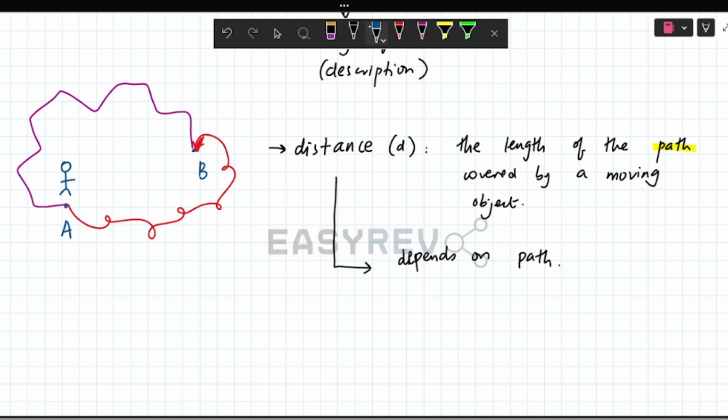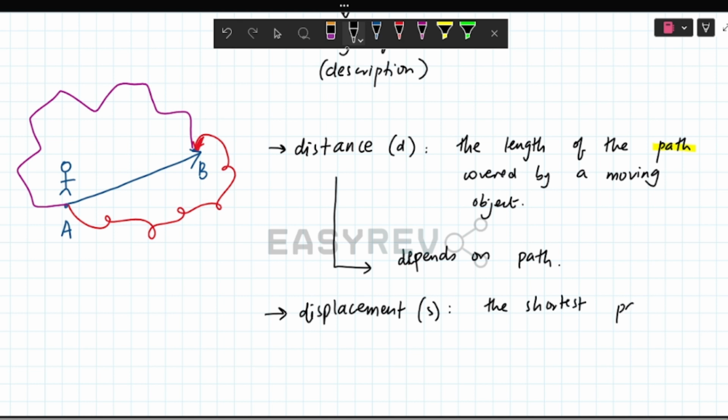Now let's suppose a different scenario where the same observer wishes to go from A to B, but instead of choosing these strange sort of paths, the observer instead chooses to move in one straight line. In that scenario, the observer is picking the shortest path that they can, starting from a point A towards a point B. This is where we don't just talk about distance anymore, but rather a new quantity that we call displacement. Here the symbol we'll be using is going to be the lowercase s, used just by convention, and we define it as the shortest path covered by a moving object,